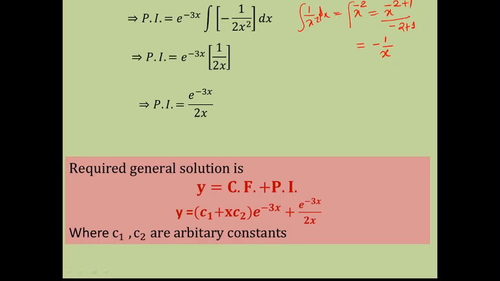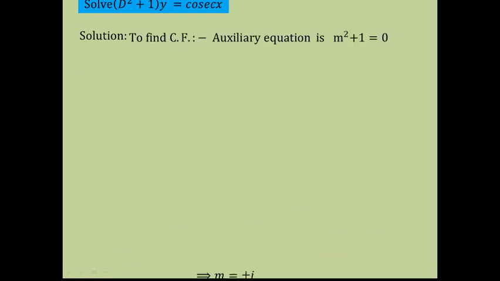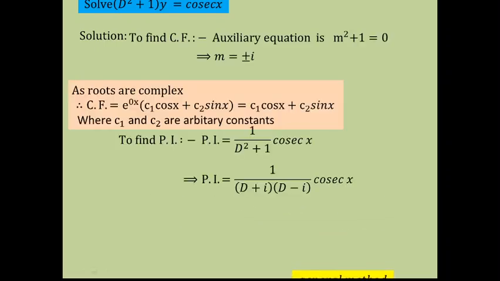So for the two problems which we have solved so far, we applied each factor one by one without separating the linear factors using partial fraction. So let's see the next example where we will separate the linear factors using partial fraction. So the complementary functions are obtained. Now the particular integral. First of all we will factorize this. We know very well what the factors of this will be.